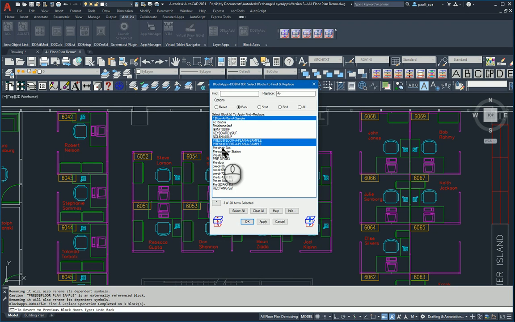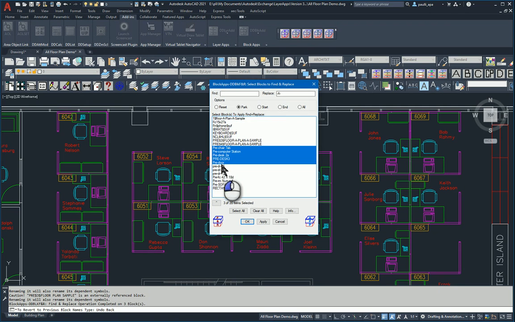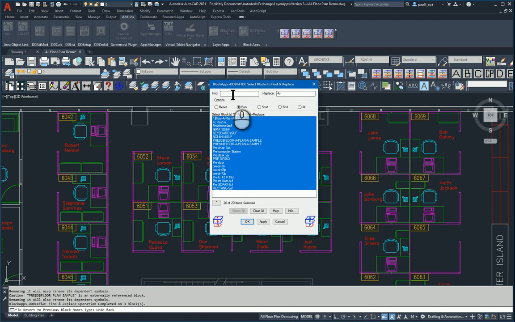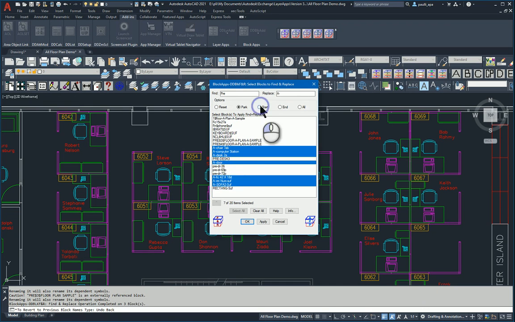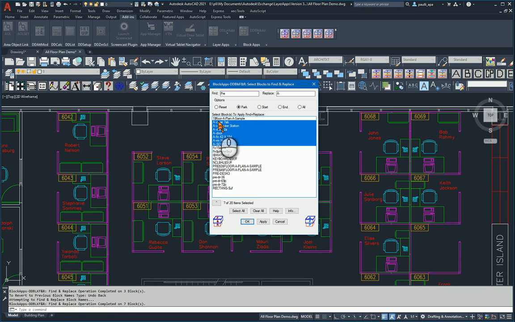I could also do a select all, and I'll only find what I want to find with PRE, and I'm going to replace that with a dash. And I'm going to look at the beginning of the block name only, which is start, and so it found those. I'm going to click apply, and it looks like there are 2 dashes, so I'm going to